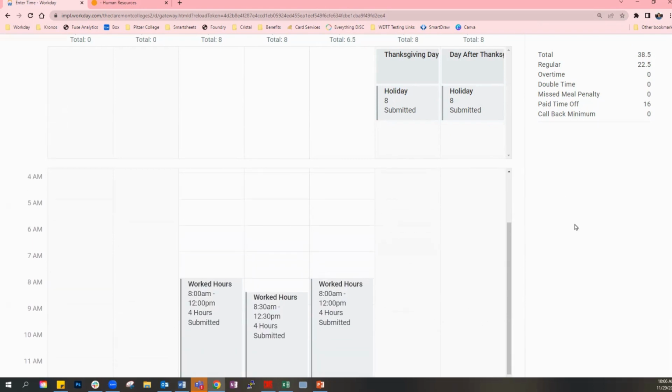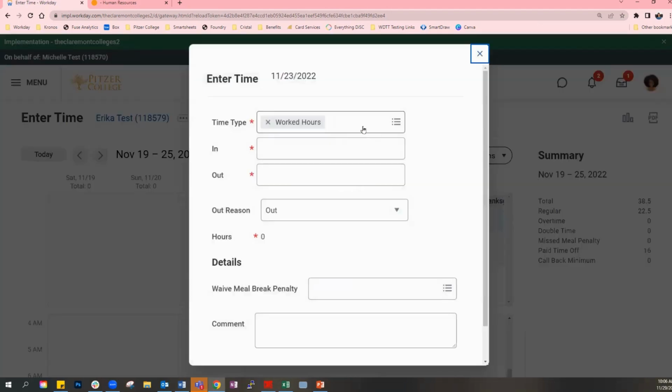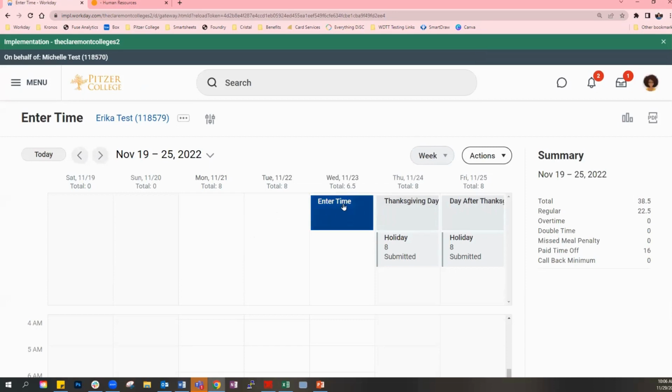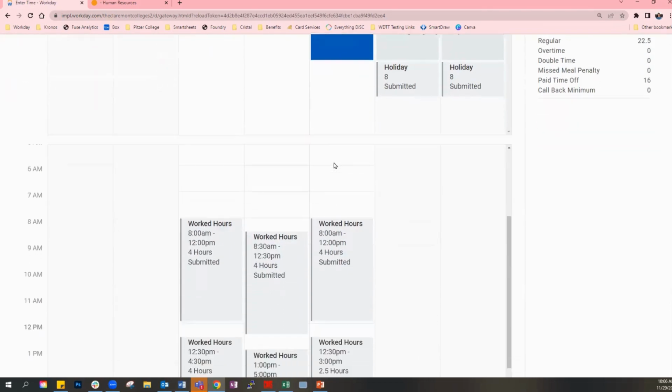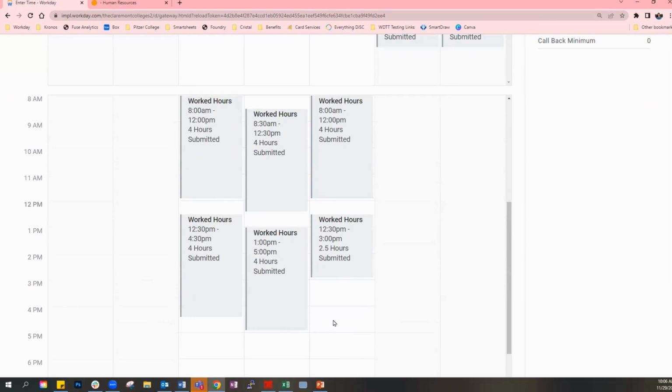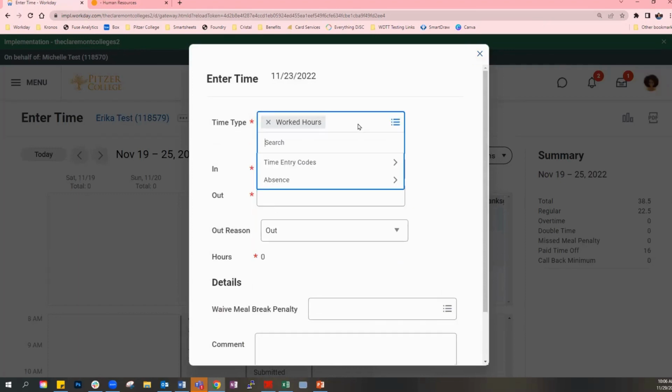So for Wednesday, 11/23, I'm going to click on, and you can really click on the top part here. It's really hard to see, but this is basically a header up here, okay? Or you can, if you're more comfortable, you can even scroll down to the time and then click on a block. Here, I'm going to tell the system, I want to,